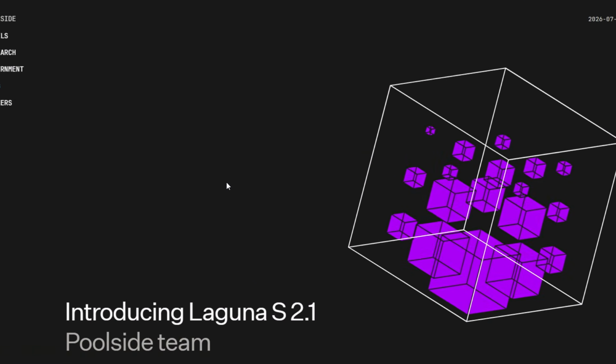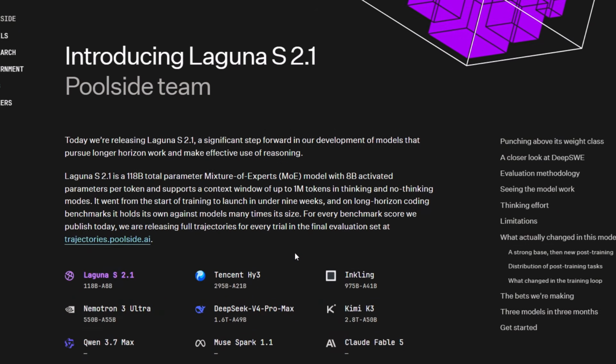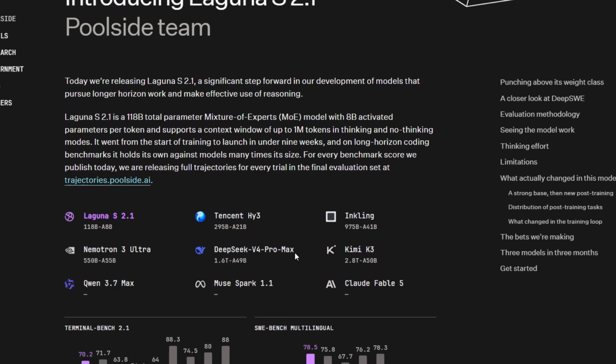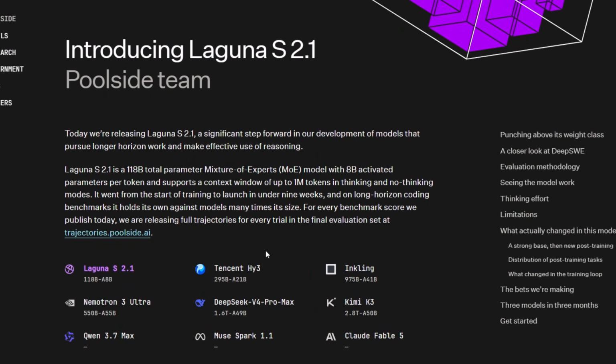Welcome back, everyone. Today I will introduce you to Laguna S 2.1 and show you how to access this model for free. Let's first of all check the details and the benchmark of this model. This was released yesterday by the Poolside team, and it has 118 billion total parameters, an MoE model, and 8 billion